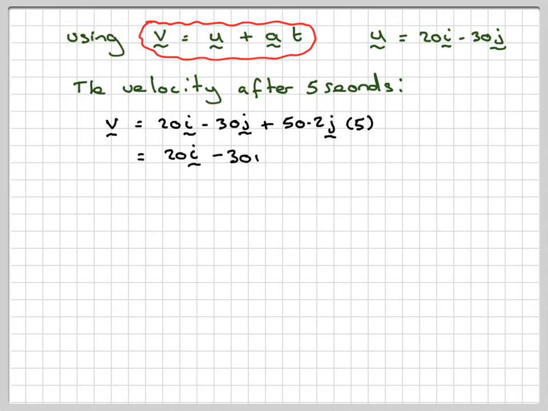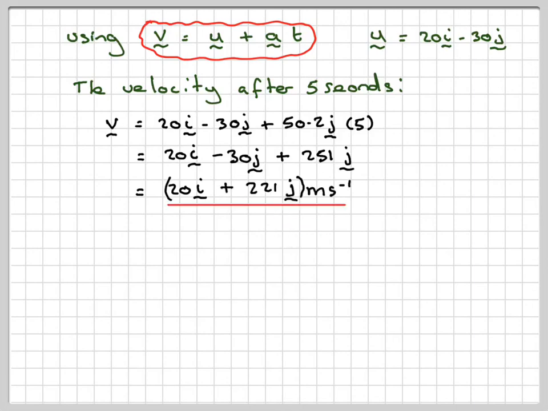So that gives me 20i minus 30j, and then 50.2 times 5 gives me 251j. And therefore, adding the respective components, this is 20i, then minus 30 plus 251 is going to give me